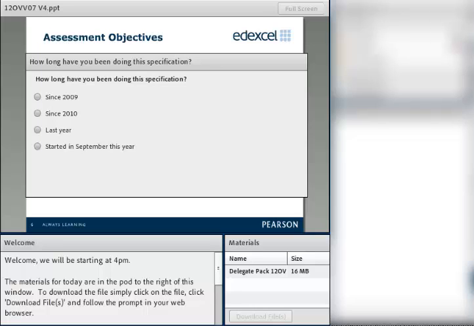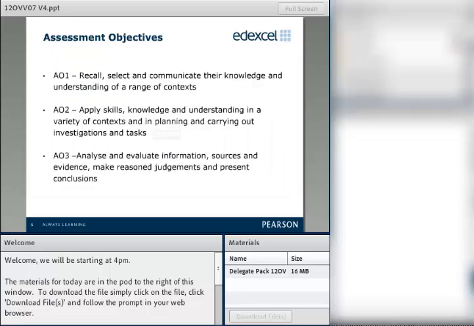Okay, Mel, do you want to broadcast those so everybody can see? So we're really quite split between those of you who've been doing it since, it's about 50-50 actually. Some of you have been doing it since 2009, and quite a few of you have just started this September. So that's quite a good broad spectrum. So hopefully the people who have been teaching this since 2009 will be able to also throw some light onto some things for some of the others as well. Thank you for that, Mel. If we can just take the poll away.